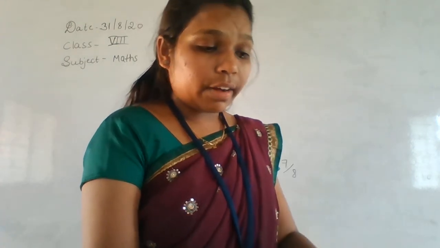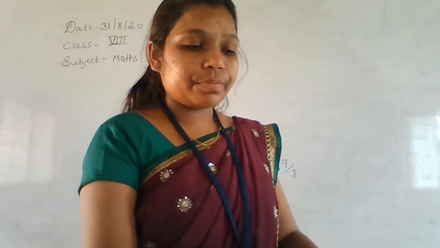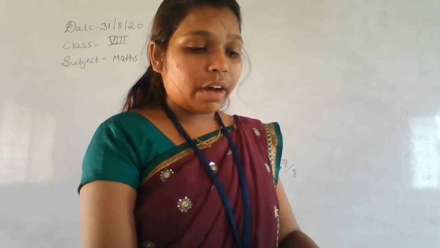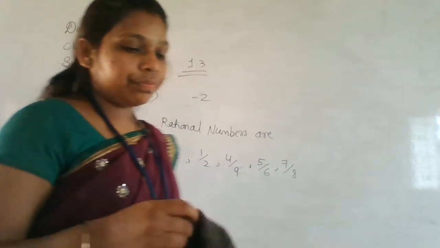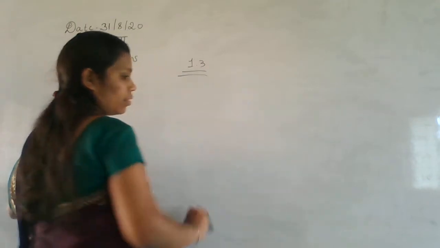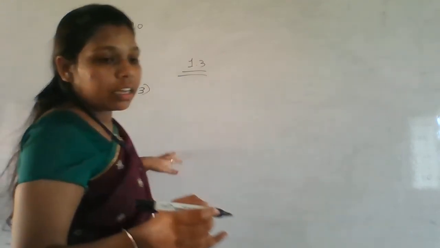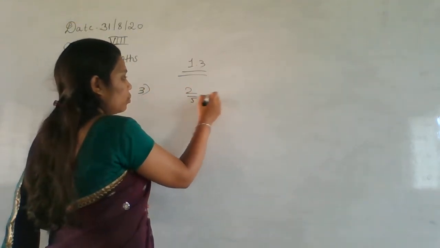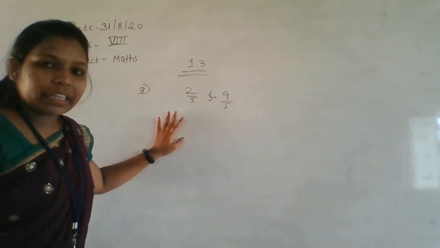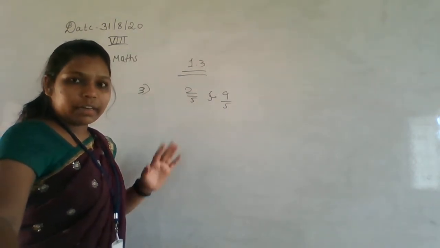third main, that is find any 5 rational numbers between the 2 by 5 and 9 by 5. Find any 5 rational numbers between the 2 by 5 and 9 by 5. Okay. Third main, 2 by 5 and 9 by 5. Whether in between 2 and 9 there will be 5 rational numbers. Check 3, 4, 5, 6, 7, 8. Yeah, we'll get 6.